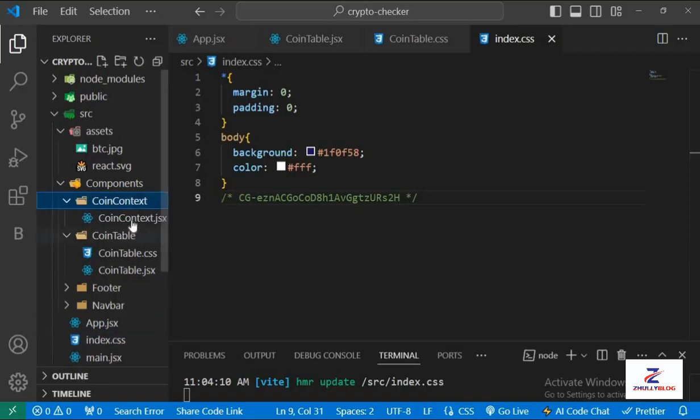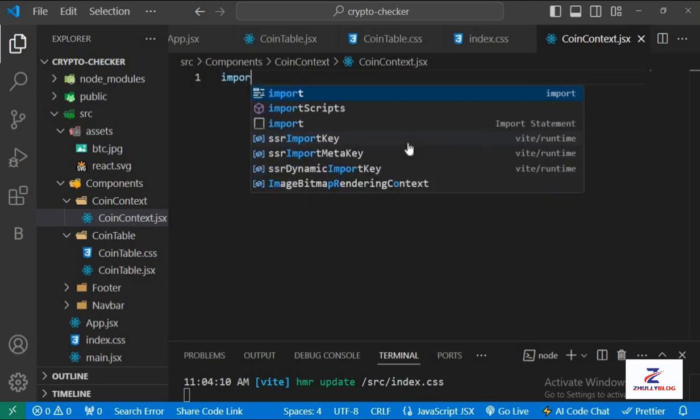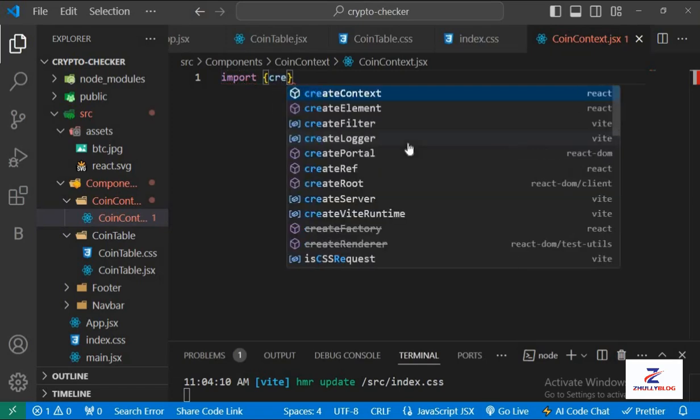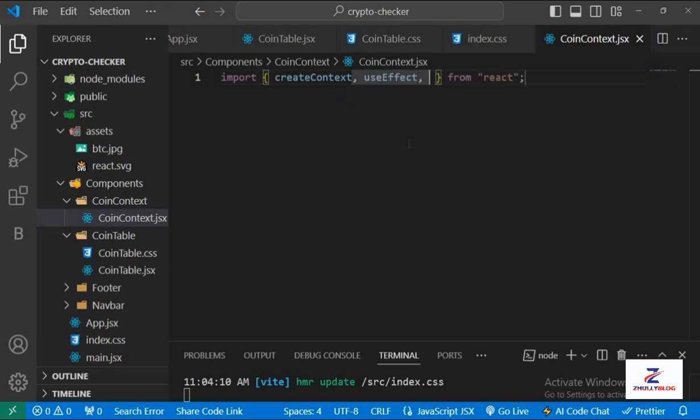So we're going to start with our coin context. Okay, so the context API in React is used to manage and share state across components without prop drilling. So here we're going to manage all our states. In our coin context, we're going to pull and fetch the data from the CoinGecko API. Okay, so let's get to it. All right, so we're going to start by creating context, right? We are going to need useEffect for side effects, and we're also going to need useState to manage our states. Okay,